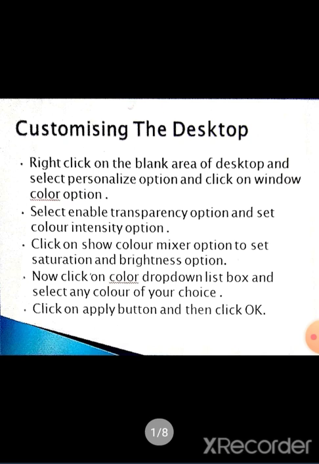when you select this whole thing according to your need, you should click on the color drop down list box and select any color of your choice. And similarly, in this same manner, you can change the font setting also by the help of this drop down list. When you select the color and font according to your need, then click on the apply button and then click on OK. After that, click on the save changes button and your window appears according to your setting.